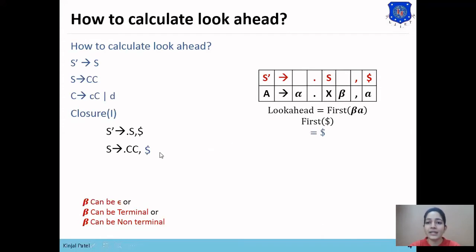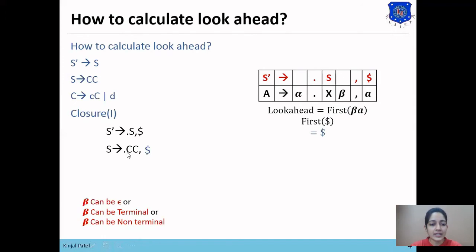We can directly place the look ahead of S' into S. Now if beta is a terminal symbol, then we'll place that terminal symbol in the look ahead of S. And if beta is a non-terminal symbol, then only we need to find the first of beta a. So if beta is null or a terminal symbol, we need not find the first of beta a; we can directly place the look ahead symbol.